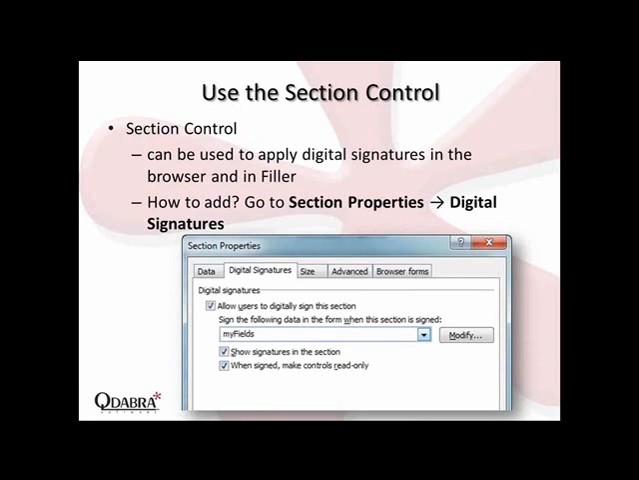Next, how do you apply a digital signature to an InfoPath form? The easiest way is to use a section control. So all the controls that contain this data that you want to be signed, put them in a section and open the section properties and then go to the digital signatures tab. This is where you will check allow users to digitally sign this section, and you will also select